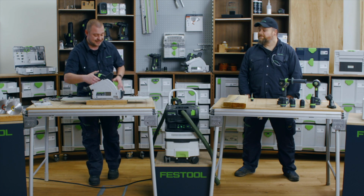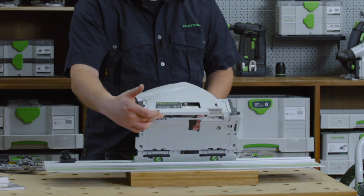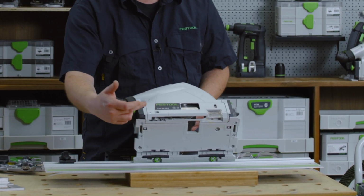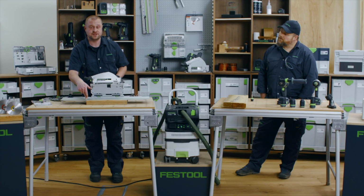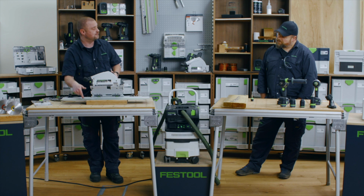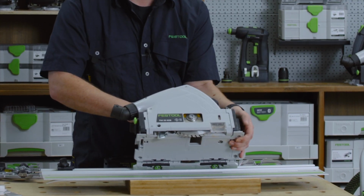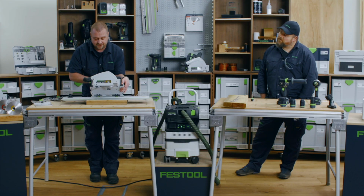The way it works is, rather than have a riving knife in the bottom of the tool, we have a feeler gauge. And that feeler gauge is looking for the surface of the material that you're cutting, or obviously if using a guide rail, looking for the surface of the guide rail. That feeler gauge deploys as soon as the blade drops down. If that feeler gauge